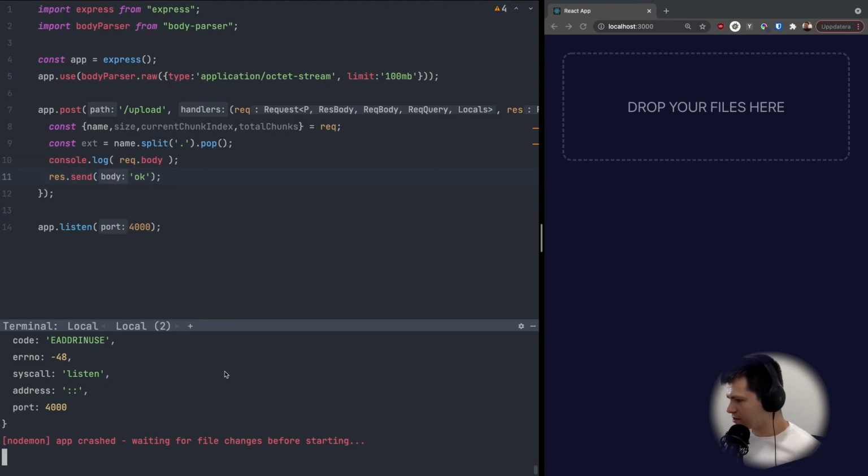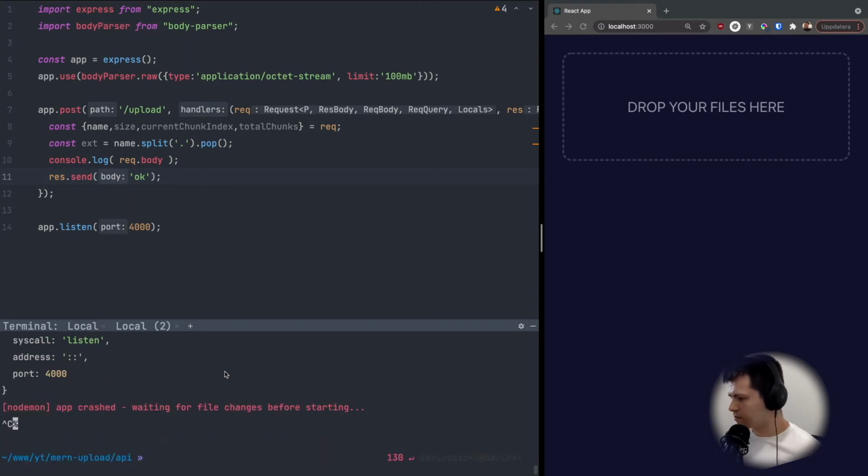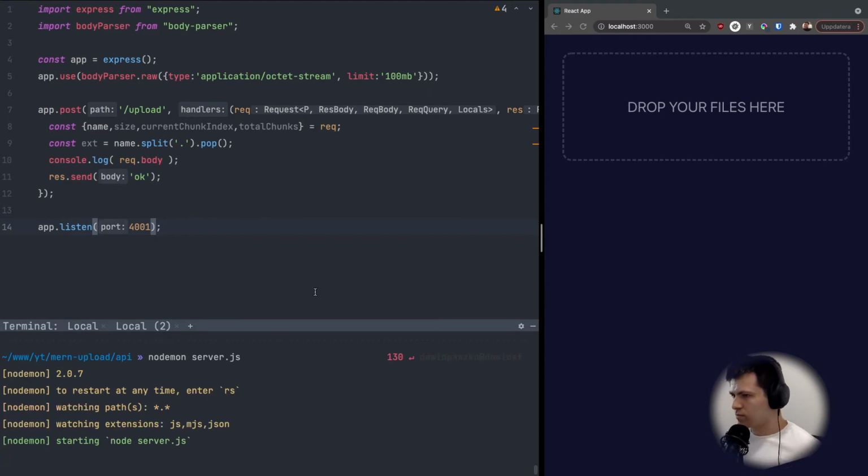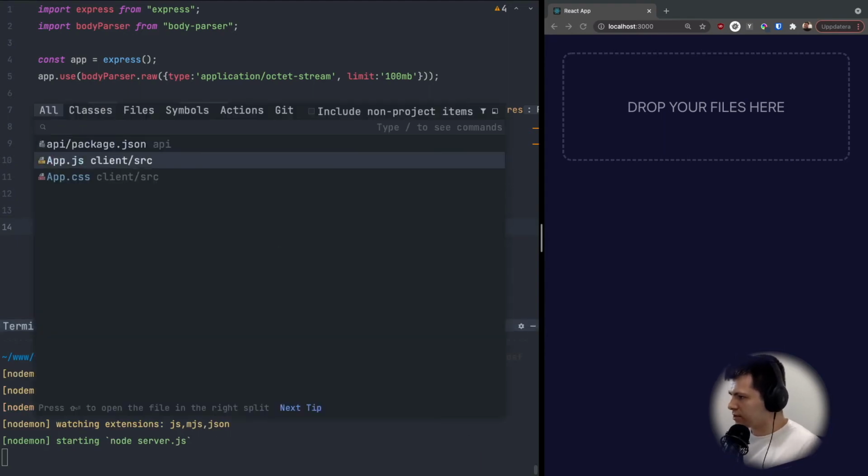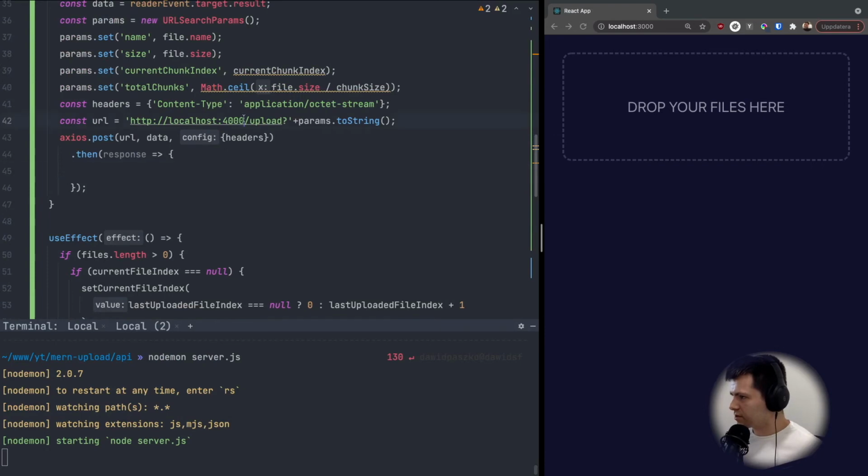Oops, this is already in use. Let's try with 4001. Now it's better, and now just let's change this 4000 here to 4001,